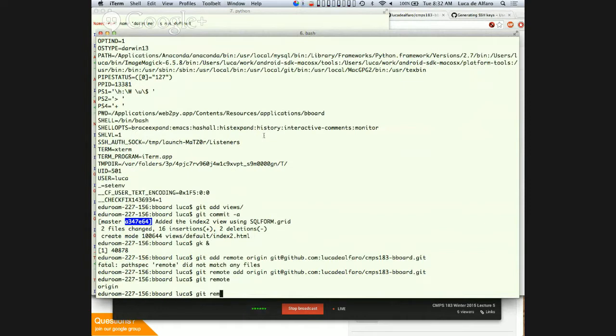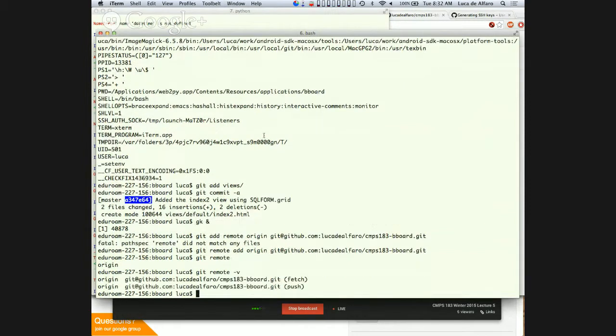Git remote verbose. This tells me that I now have defined a repository called origin. Origin is the traditional name that is at this address. And it's used both to fetch new code and to push my changes, okay? So that's how you add it, okay?